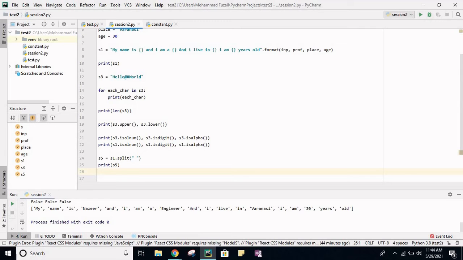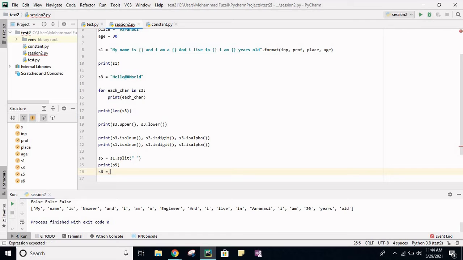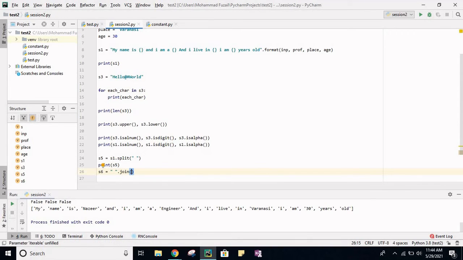You will make S6 and use join, and the elements you want to join are in the output of S5.